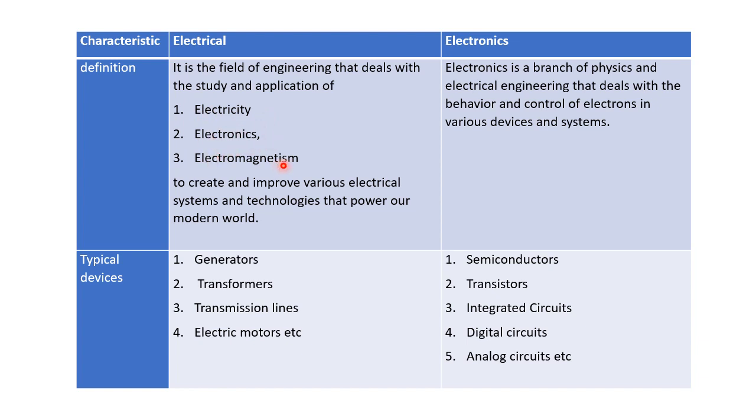Here in this video, we are taking the difference between electrical and electronics, and the word electronics has come here under the electrical. What does that mean? That means that electronics is a sub branch of electrical, right? Electronics is a sub branch of electrical, but electrical is not a part of electronics, right? So this is the first difference. You have to get it here.